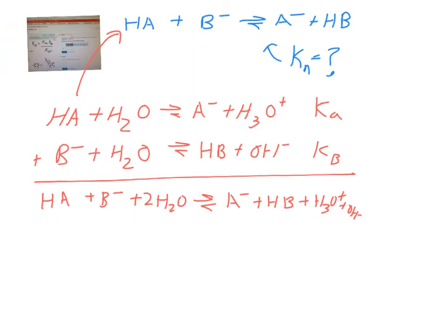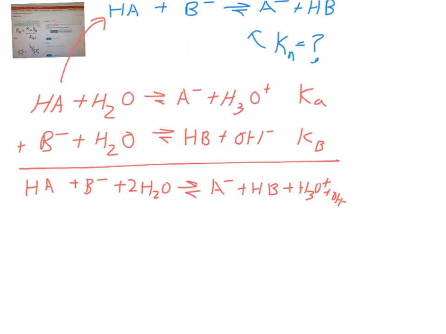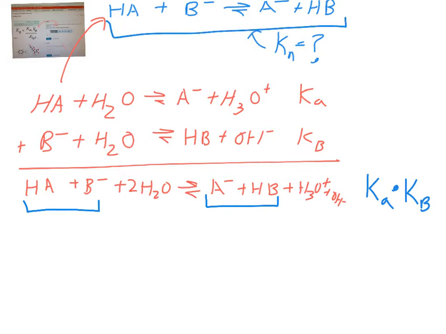You multiply their equilibrium constants. So I have Ka times Kb as the equilibrium constant for the reaction that I just wrote here. If you look at this reaction, it matches my neutralization reaction,